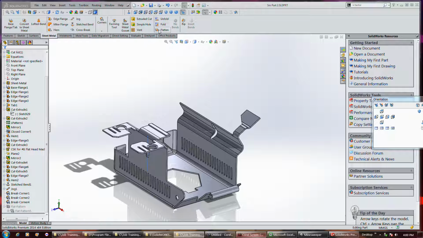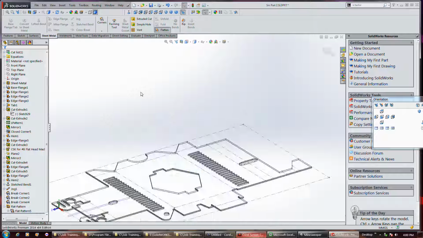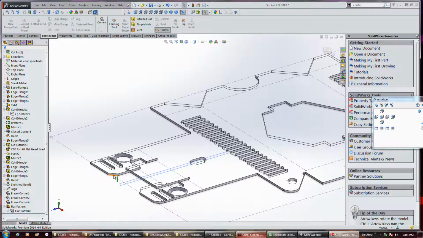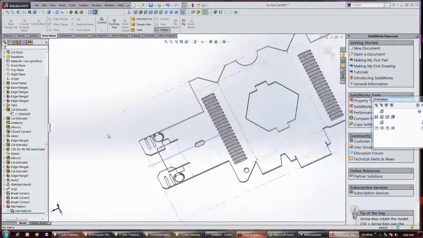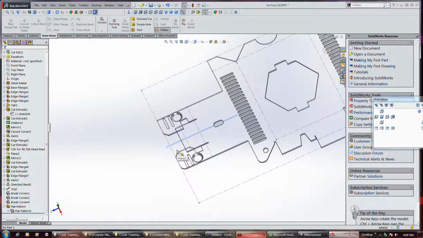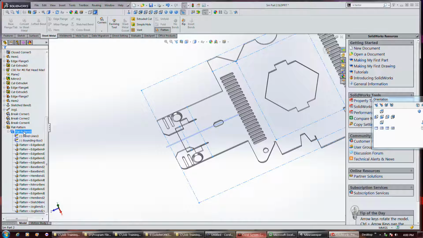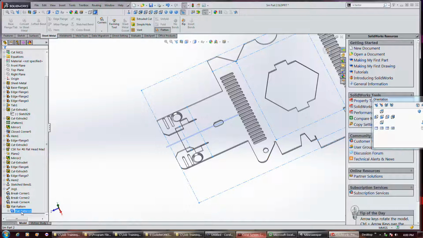Okay, let's see, if we go flatten this part, firstly, you'll note that this is not manufacturable because we got that problem, and I can perhaps fix that. But if we go edit this feature,